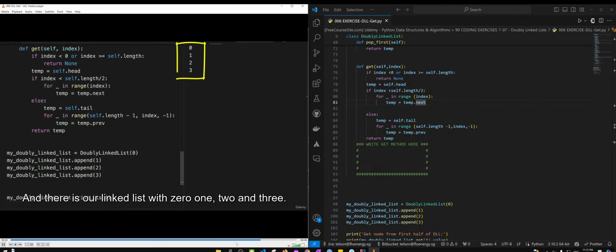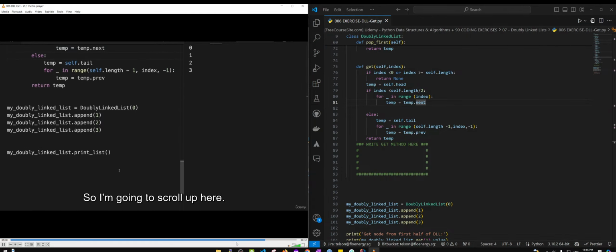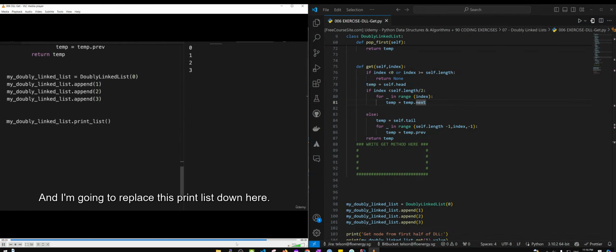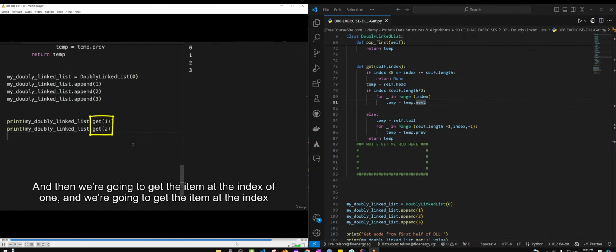And there is our linked list with 0, 1, 2, and 3. All right, so I'm going to scroll up here, and I'm going to replace this print list down here. And then we're going to get the item at the index of 1. And we're going to get the item at the index of